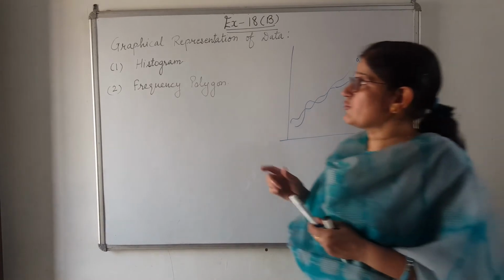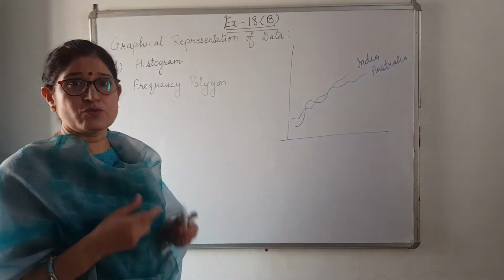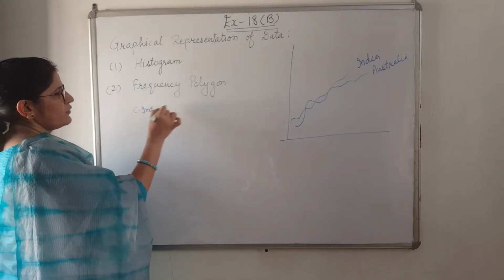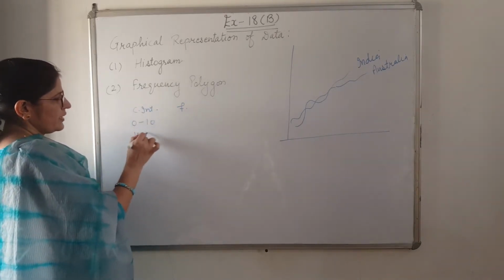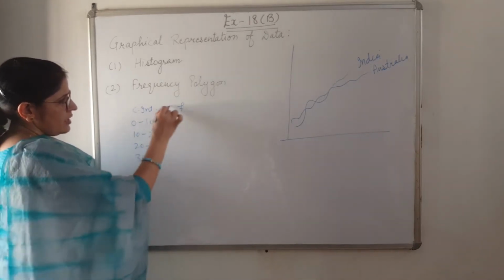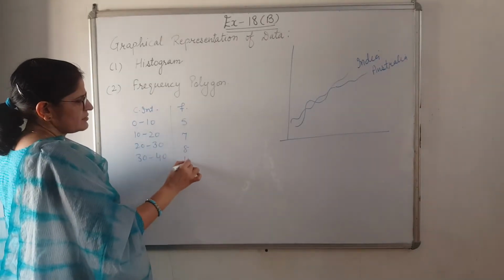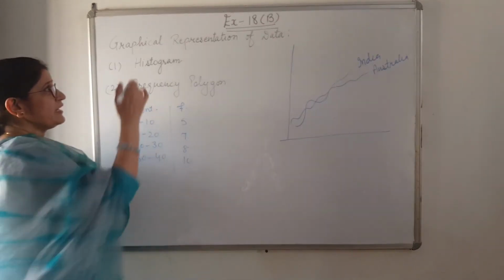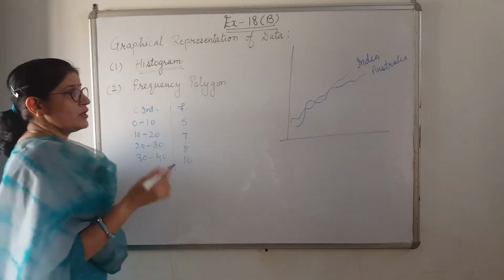So first of all, now we will learn about histogram. What is a histogram and how to draw it, how to construct it. If class intervals and frequency are given, like class intervals 0 to 10, 10 to 20, 20 to 30, we'll just take 4, and frequencies given as 5, 7, 8, 10. I am giving you one example here. It is given and you have to make a histogram. To make a histogram, what will we do?